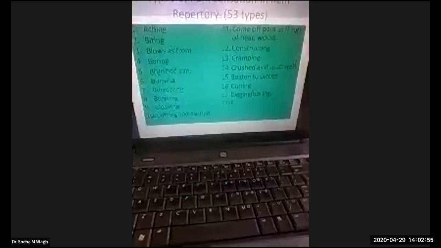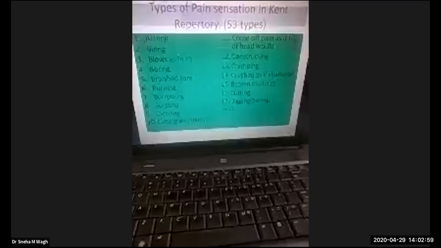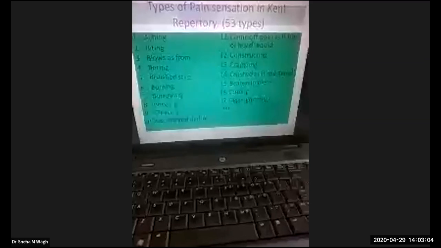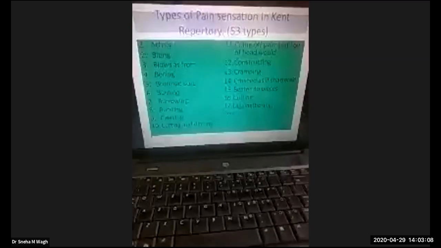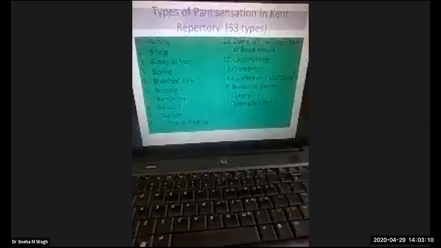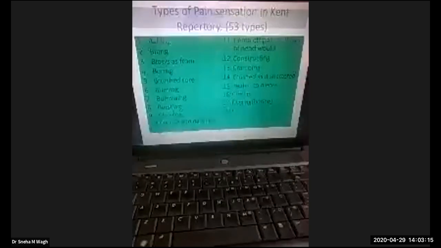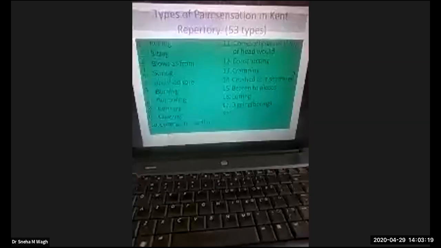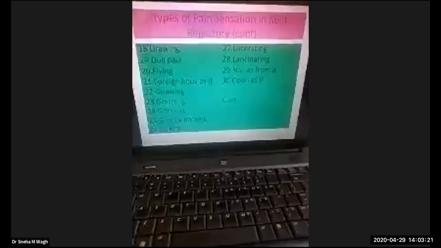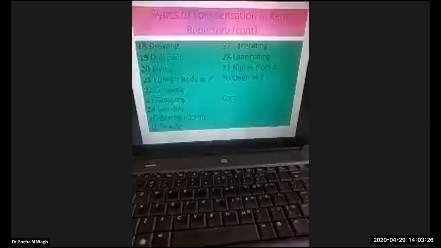Now let us find out what are the different types of pain sensation in Kent repertory. Kent repertory has covered 53 types of pains. The first is aching pain, then the biting pain, blows as if from, boring pain, bruised pain, burning pain, burrowing, bursting, cleaving, cutting and darting, constricting, cramping, cutting, digging, drawing pain, dull aching pain, flying, gnawing pain, grasping pain, grinding